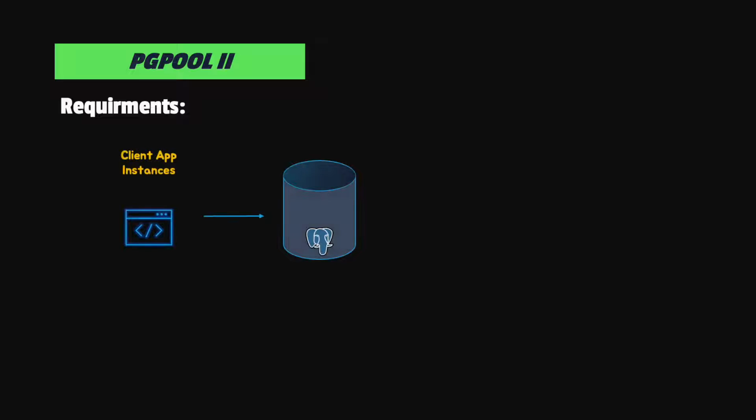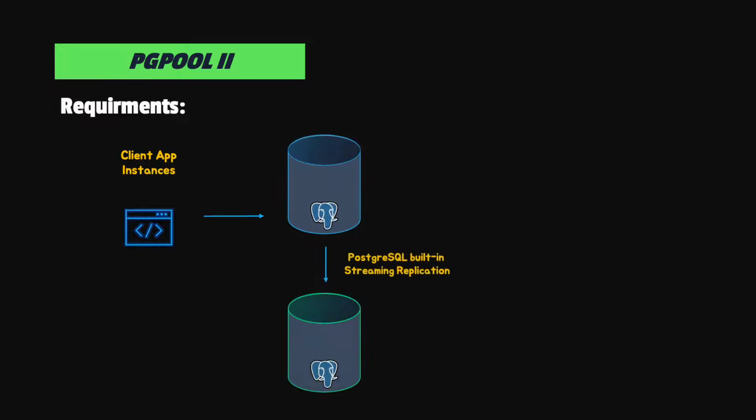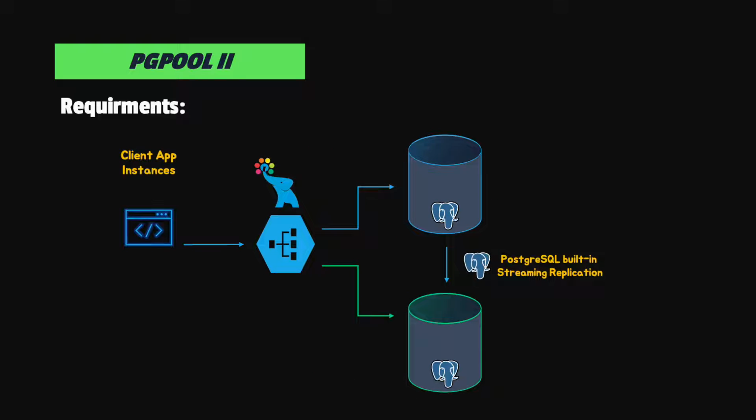The easiest approach to high availability with Pgpool is to use PostgreSQL built-in streaming replication to sync the data, and then use Pgpool to do load balancing and automatic failover. The Pgpool tool can be configured to automatically send write requests to the primary node and read requests to the replica. Although Pgpool has its own statement-level replication, it's not very often used. Instead, it's perfectly fine to use PostgreSQL built-in replication and use Pgpool just for load balancing, connection pooling, and automatic